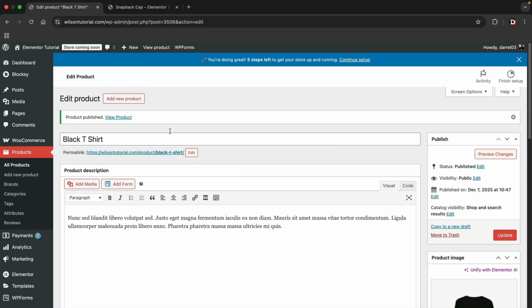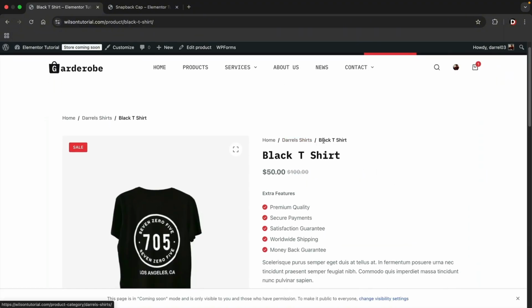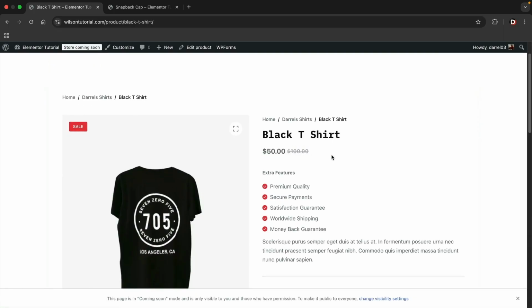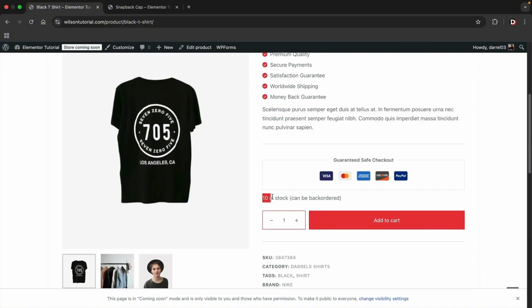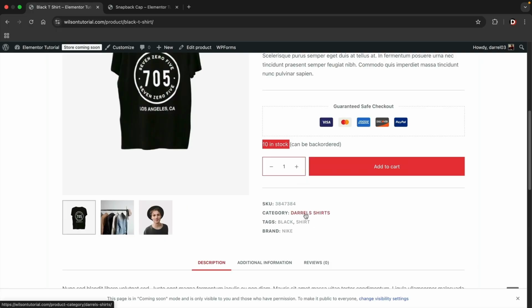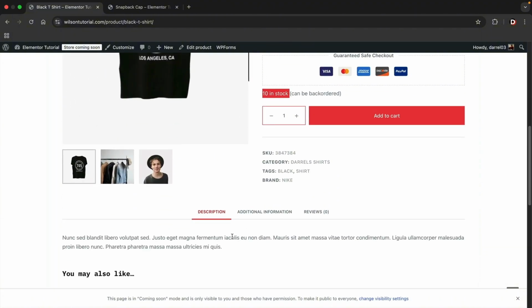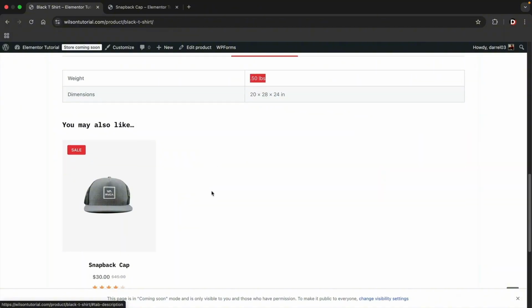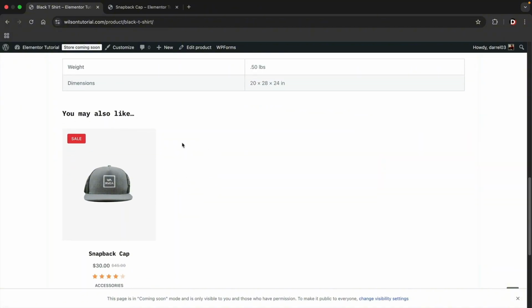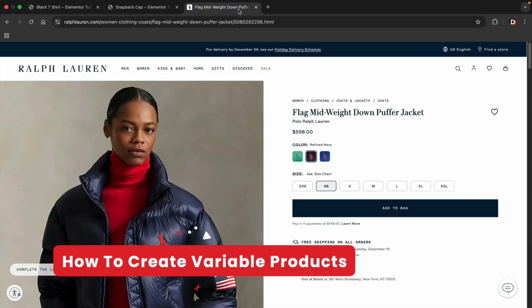And then we can view the product. So right here, I'll click on view product. And here we go. So we have the Darrel shirt category, black t-shirt. It was $100, but right now it's on sale. We have the extra features. We have the description. Here you'll see that it showcases 10 in stock. We have the category, Darrel shirts. We have different images of the actual products. Okay. And then below that, we have our description. And then we also have additional information such as the weights and dimensions. And then here, you'll also see that we have that upsell. So you may also like, and then it's going to recommend other products. So next, let's create a variable product. Now, a variable product is probably the most common product that you're gonna make,